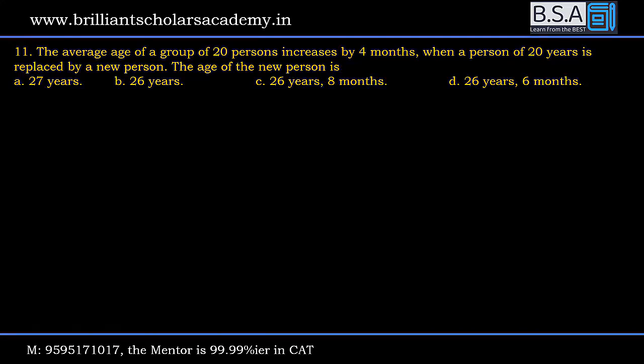So here you observe the average age of 20 persons increases by 4 months when a person of 20 years is replaced by a new person. The age of the new person is? Now see, there are 20 people. Out of those, one person whose age is 20 years goes and one person joins whose age has been asked. Because of the joining of this person, the average increases by